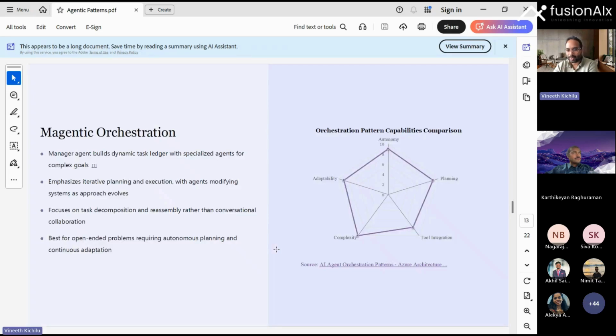Then one of my favorite architectures is Magentic orchestration. You need advanced skills and capability to execute this. And this is basically a task ledger between the specialized agents to execute a task, right? So what the Magentic orchestration does is you give it a task. Hey, go do this task. It will create a ledger of tasks. It'll say, hey, I will do the task, but I will create this task in a specific order, in a sequence, and I'll ask the human in the loop, hey, are you interested to run this in this specific order, or do you have any inputs for me? So the planned ledger is presented to the human and then finally executed as well.